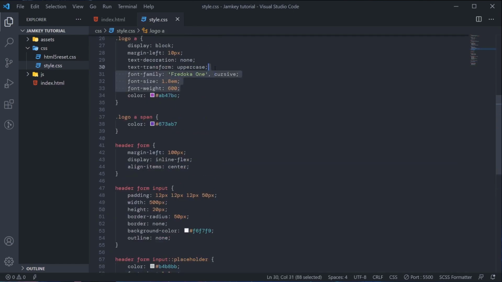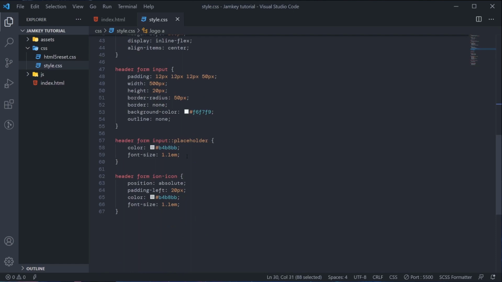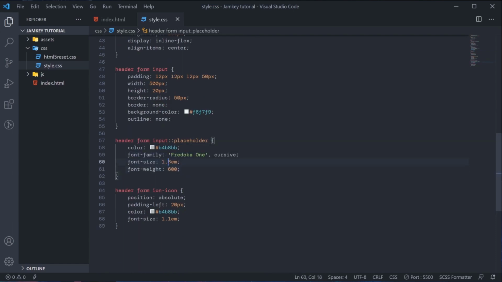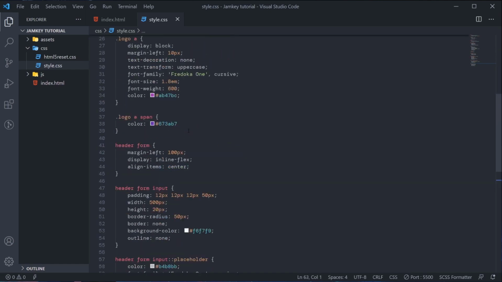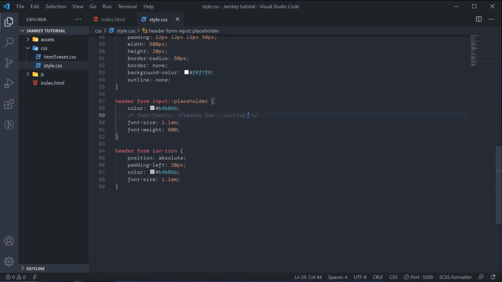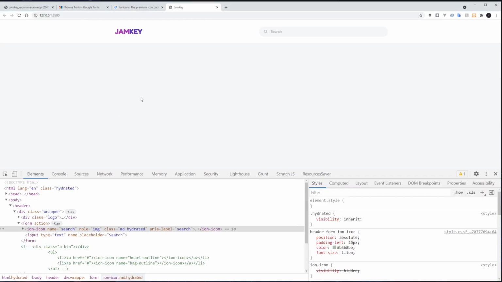I'll just copy this like this. 1.1 font size, font family, font weight. Font weight could be 600, about the family, we already set it to Raleway. So that is supposed to affect it now. We'll see. This should affect it, but I'm not sure.